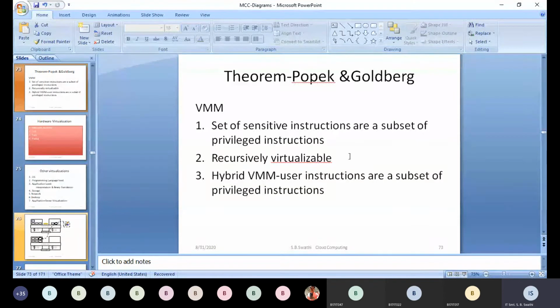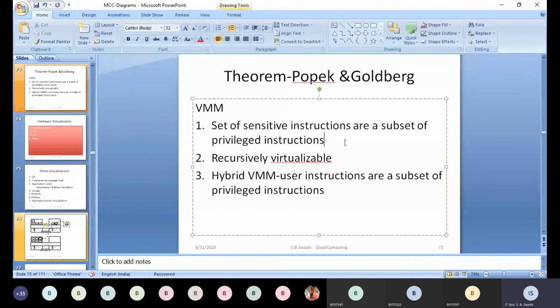So the first one is that whatever set of sensitive instructions are given for a VMM, all of those should be a part of the privileged instructions. They should not become the actual instructions.